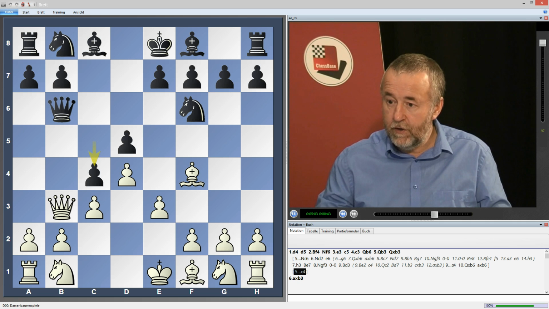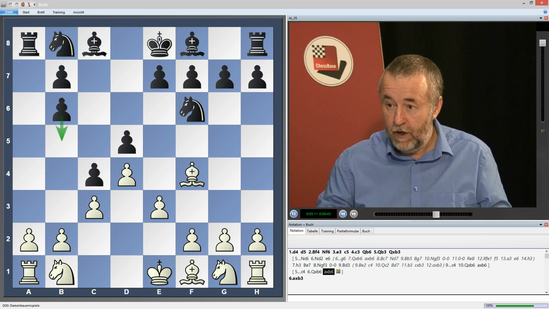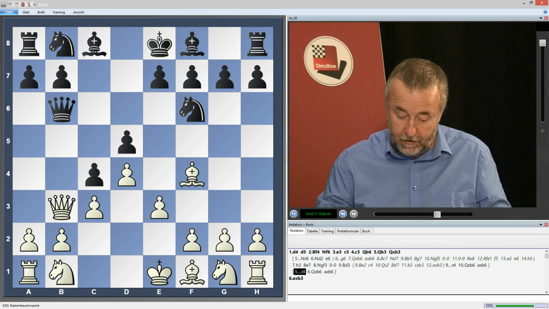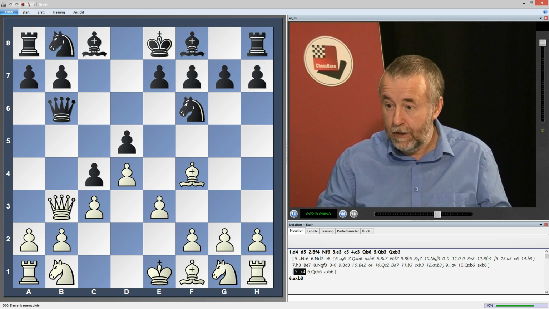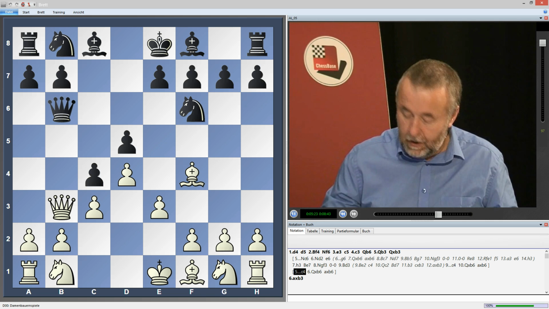And now white doesn't want to take, because then black would get this half open a file, and he might be trying to play b5 and even b4 soon if we're not careful. So white will not take. He has to drop back to c2 if he wants to get something, and then black can play